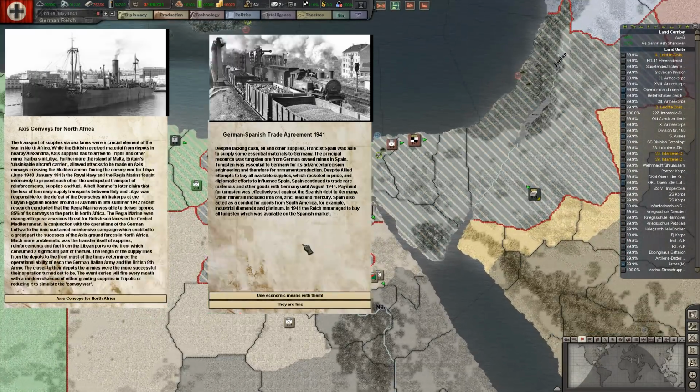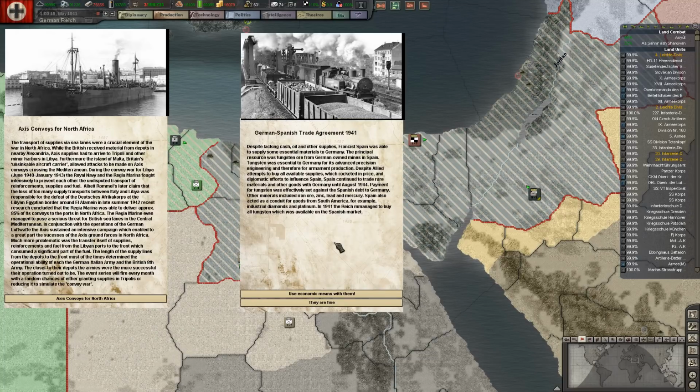German-Spanish trade agreement of 1941. Despite lacking cash, oil, and other resources,